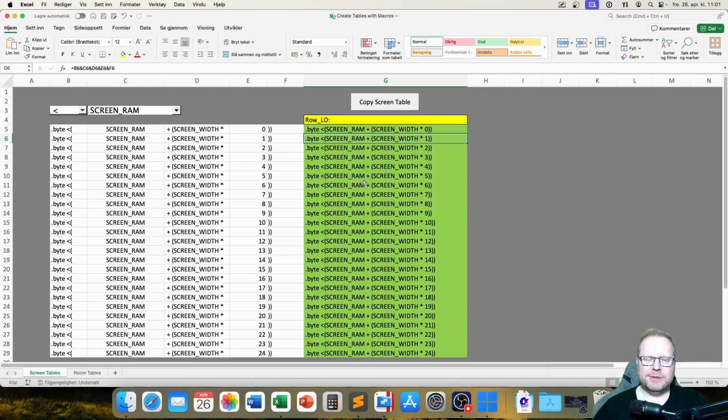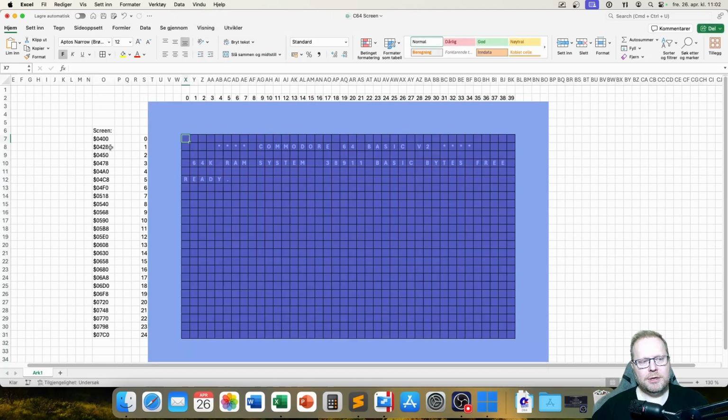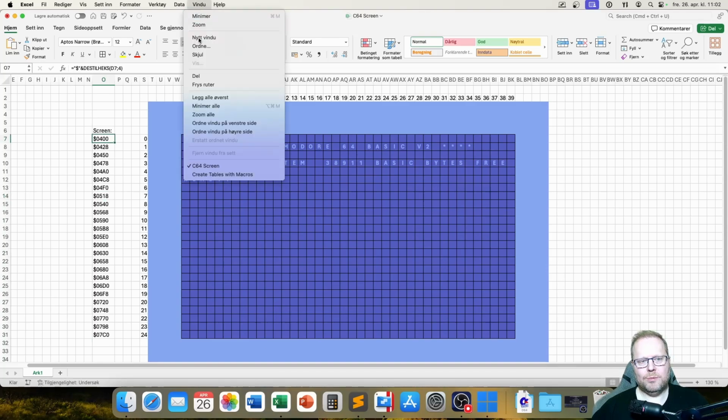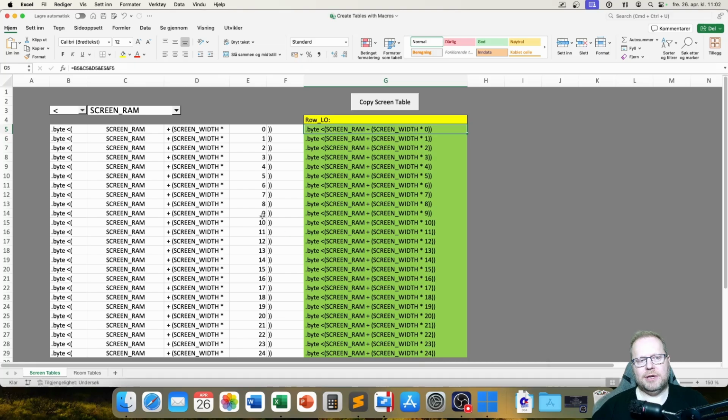So again, hopefully that makes sense. The point is that I'm constructing a table here, and for this table, it's just going to be every low byte of this table. I could have written it this way as well, but by doing it the other way that I have done here, now I can